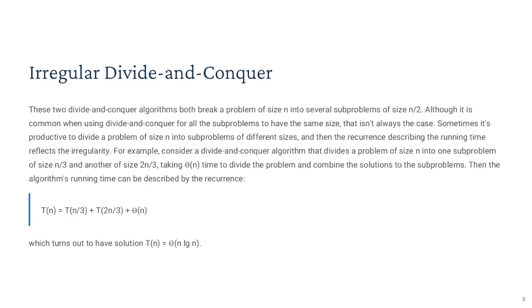Irregular divide and conquer algorithms, unlike the regular ones, often divide problems into subproblems of unequal sizes. For example, consider a problem where the recurrence is T(n) = T(n/3) + T(2n/3) + Θ(n). Here, the subproblems are of size n/3 and 2n/3, respectively. This recurrence has the solution T(n) = Θ(n log n), showcasing that irregular recursions can still